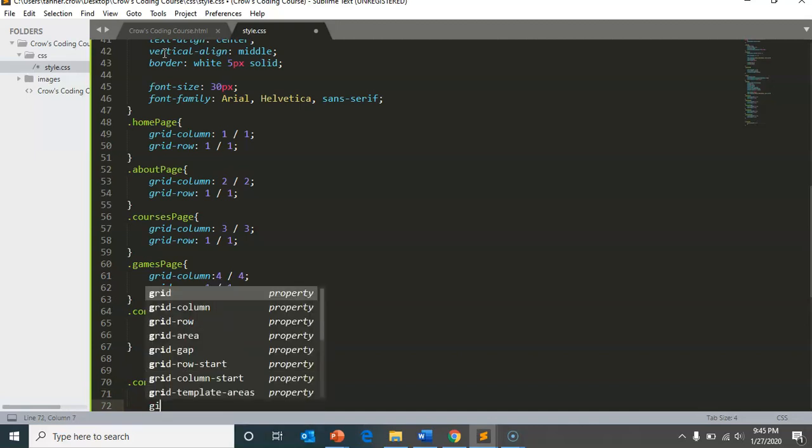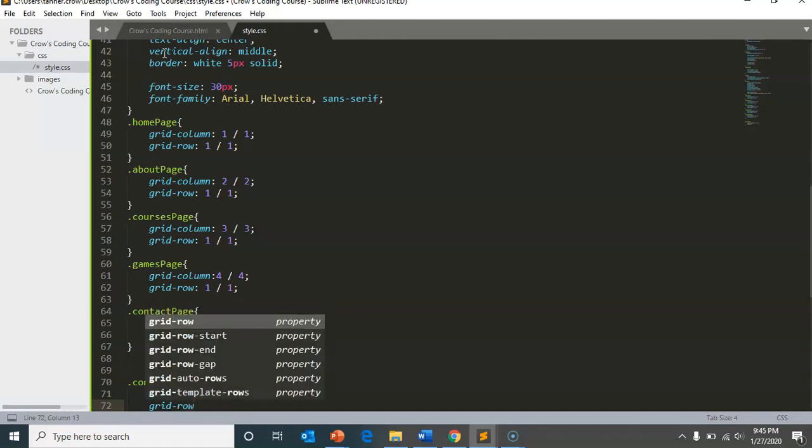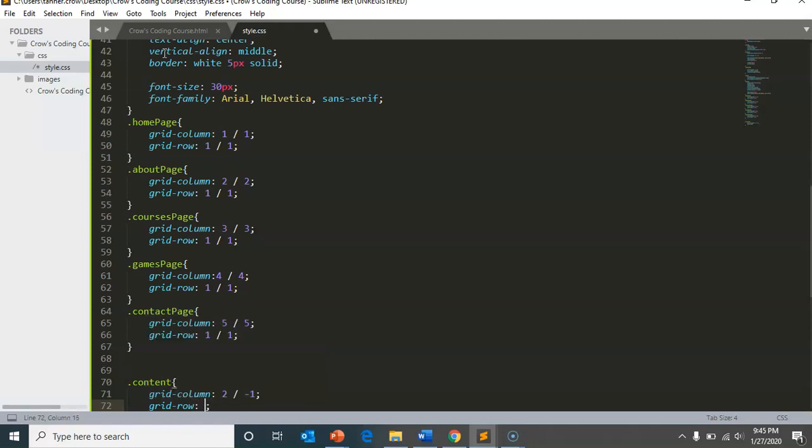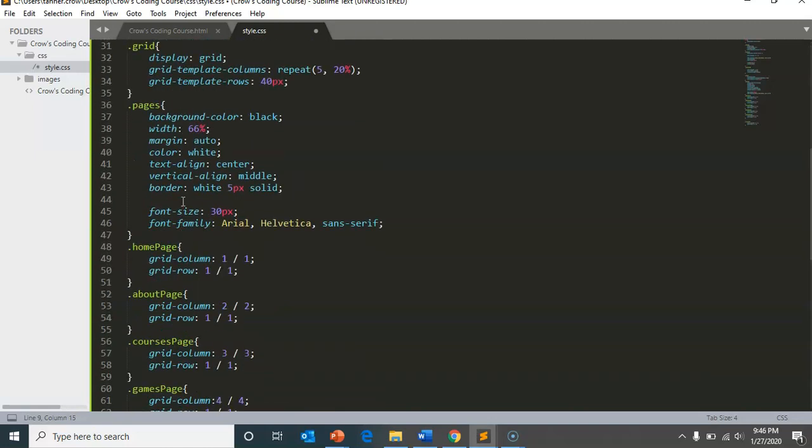And then we'll do grid row, and it'll be 2 all the way down to -1. But in our grid here, our dot grid, we made a grid for our title, that's right, but we have not made anything a second row. So